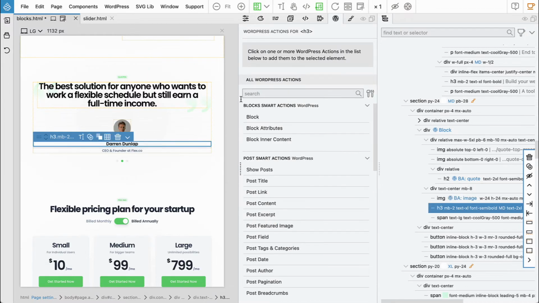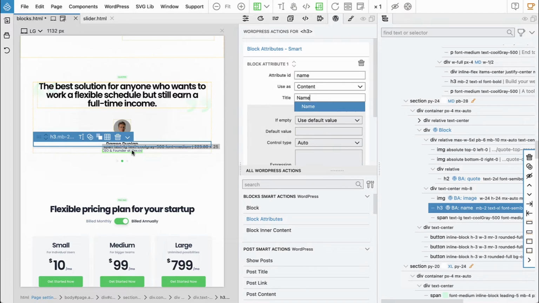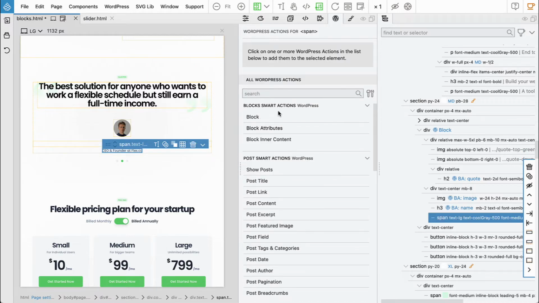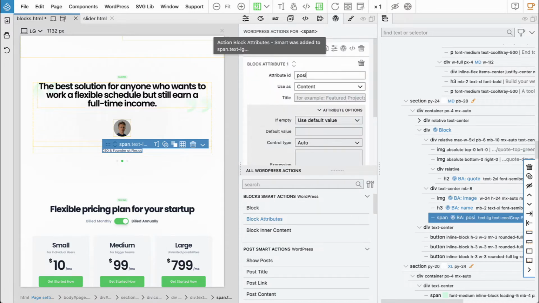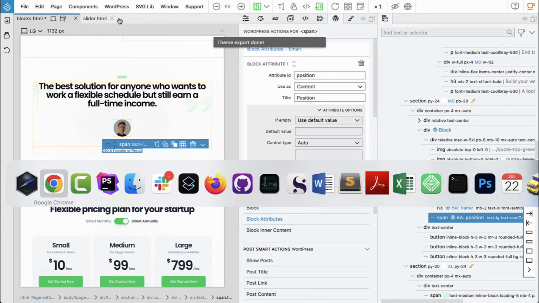And the name. And what's that, like position, job title. Let's say position. Okay, so let's export and go back to the page,